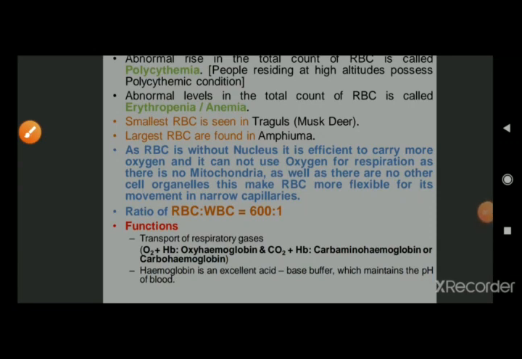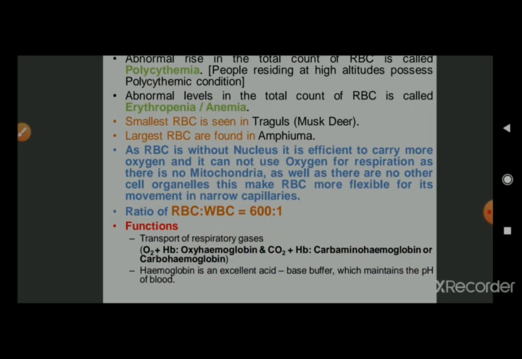The next point is really important because it says that RBC is without nucleus, RBC does not have mitochondria or cell organelles. Now, a cell possesses nucleus, mitochondria, and cell organelles. That means the space for the other components, for RBC the other component is hemoglobin, will be less. So the hemoglobin will be less. If hemoglobin is less, then the oxygen carrying capacity will be less to the cell.